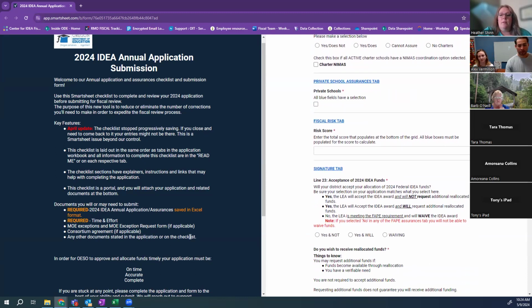Yep. So on the signature tab, the other thing to know is that some people are not comfortable doing an electronic signature. You're welcome to collect a wet signature and attach that as a PDF document. So at the end, that is an option for you. And so this is asking you,